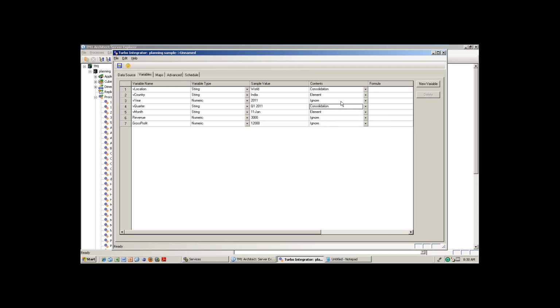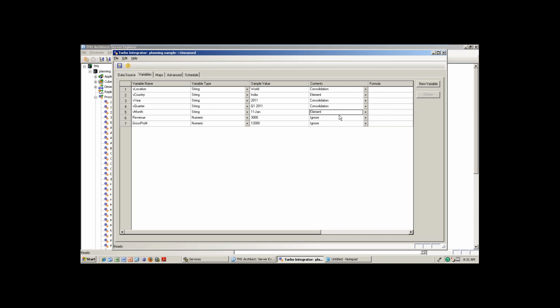Here one question will arise. Year is definitely a consolidation, but it will not accept. Why? As I told you, in case of dimensions, it shouldn't be numeric. Try to convert it into a string, then you go ahead and create the consolidation. Because TM1 thinks 2011 is a numeric value. Even though it's numeric, try to convert it because it has to be consolidated and act like a string. Only the measure values will be put as numeric.